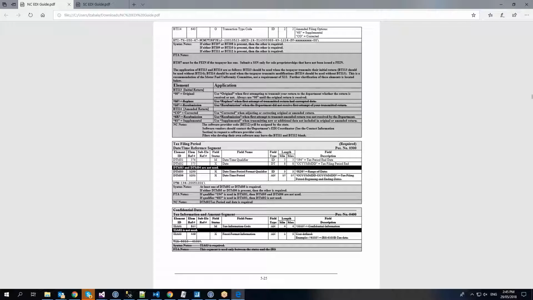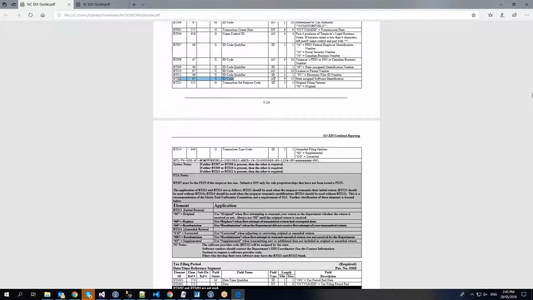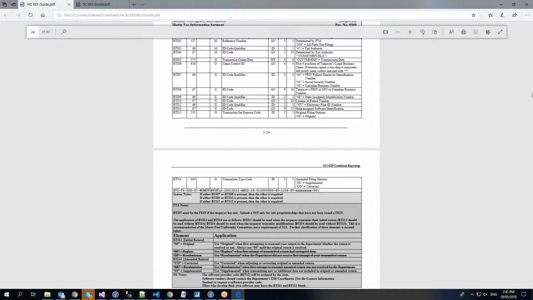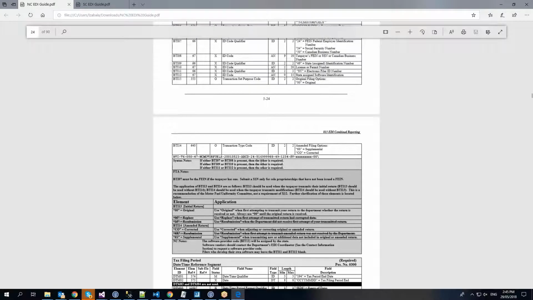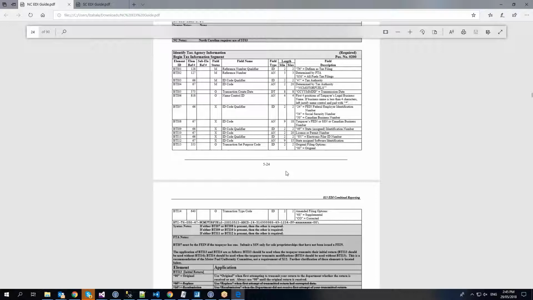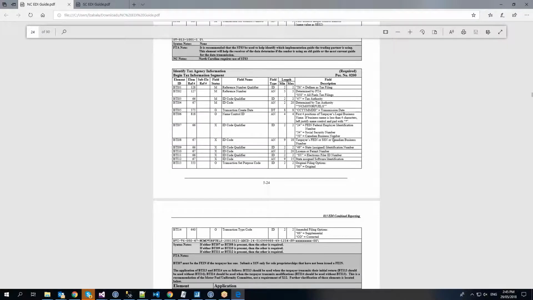So from here, BTI 12 will be assigned by the state. That means there are some instructions where you are being instructed to not make use of